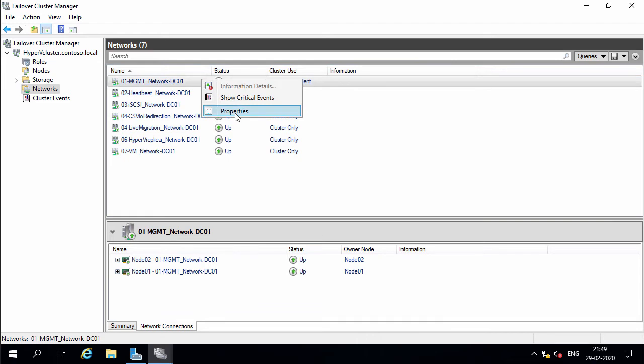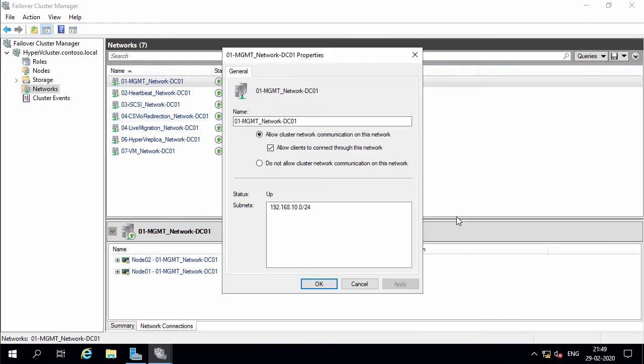Back to the properties window of a cluster network, there are three options that can be selected. Allow cluster network communication on this network. Under that, you have allow clients to connect through this network, and do not allow network communication on this network. If you select allow cluster network communication on this network, then it ensures that the network adapters under a specific cluster network will be used for any cluster communication.